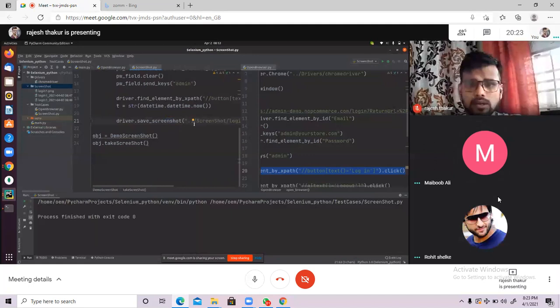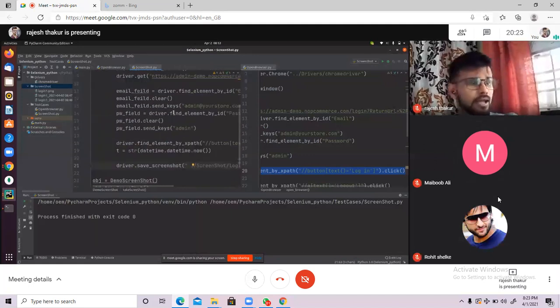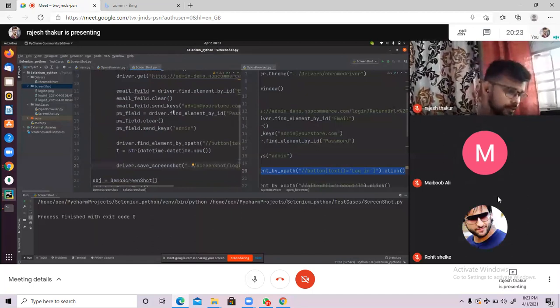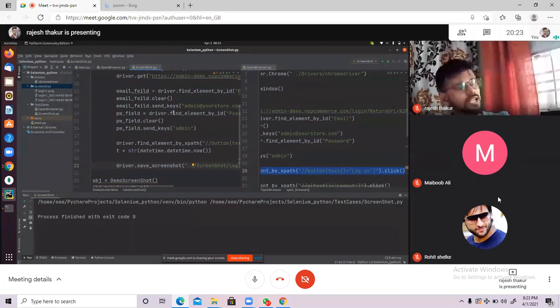Yeah, cool. So again, I am saying our task is not to take a screenshot. Our task is to take a screenshot at the valid point, because a screenshot captures some space in your memory. So taking a screenshot indiscriminately is not the job; taking a screenshot at the valid point is the other part.